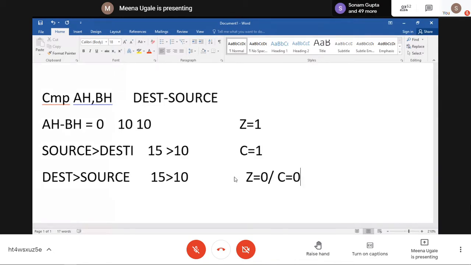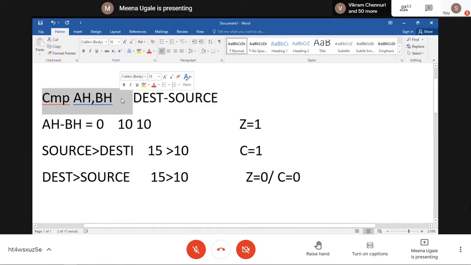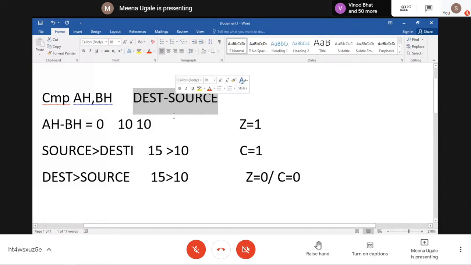So when I'm going to use this compare instruction in a program, you are going to have a program for arranging the numbers in ascending order or arranging numbers in descending order. So what is going to happen in that? From your n numbers in your array, you are going to check every number with the others, and whichever is greater or lesser, likewise you are going to rearrange the numbers. So at that time you have to use this compare instruction. Comparison is carried out by destination and source. The two operands are subtracted.